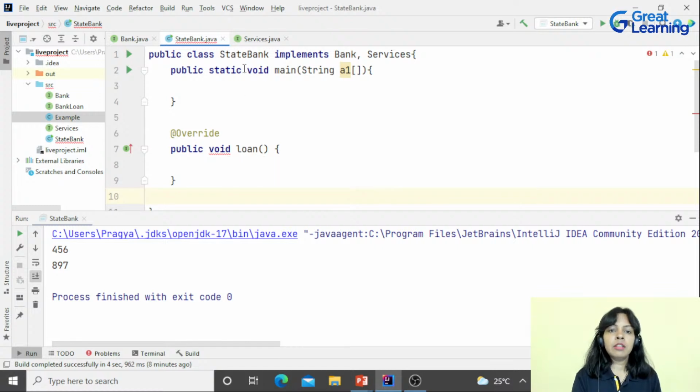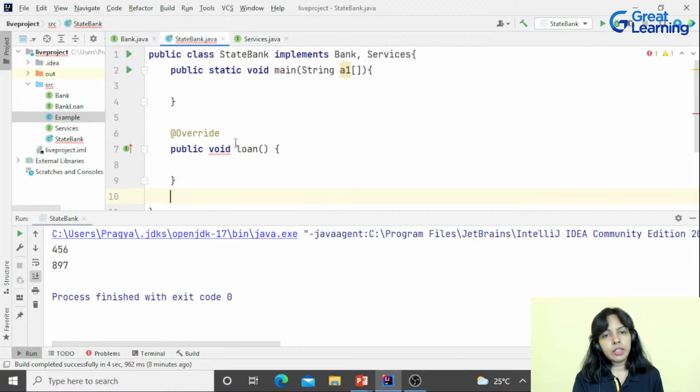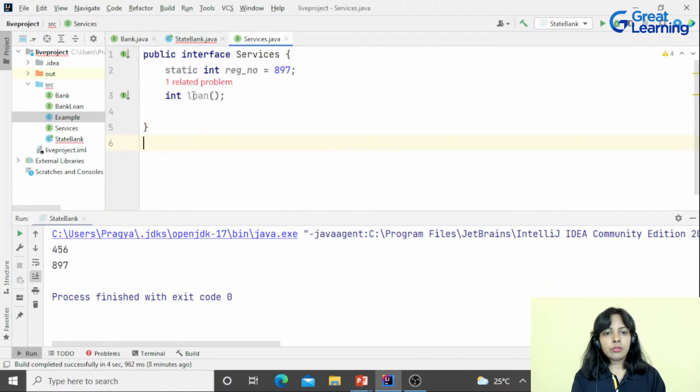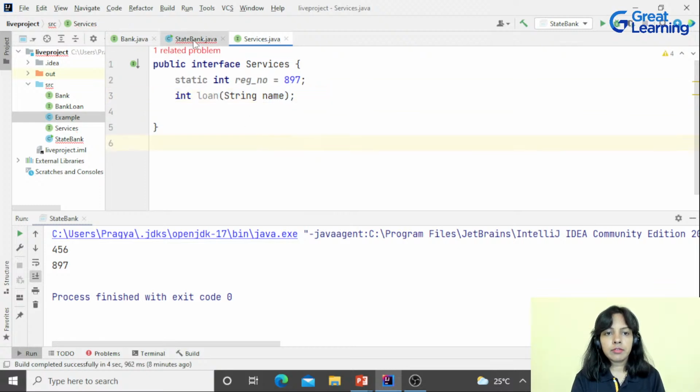It is clashing, meaning you cannot have two methods with the same name in two different interfaces but being implemented in the same class with a different return type. This is not possible at all. Getting it? It will throw an error here. So you can have either same return type, or you can have a completely different method itself.